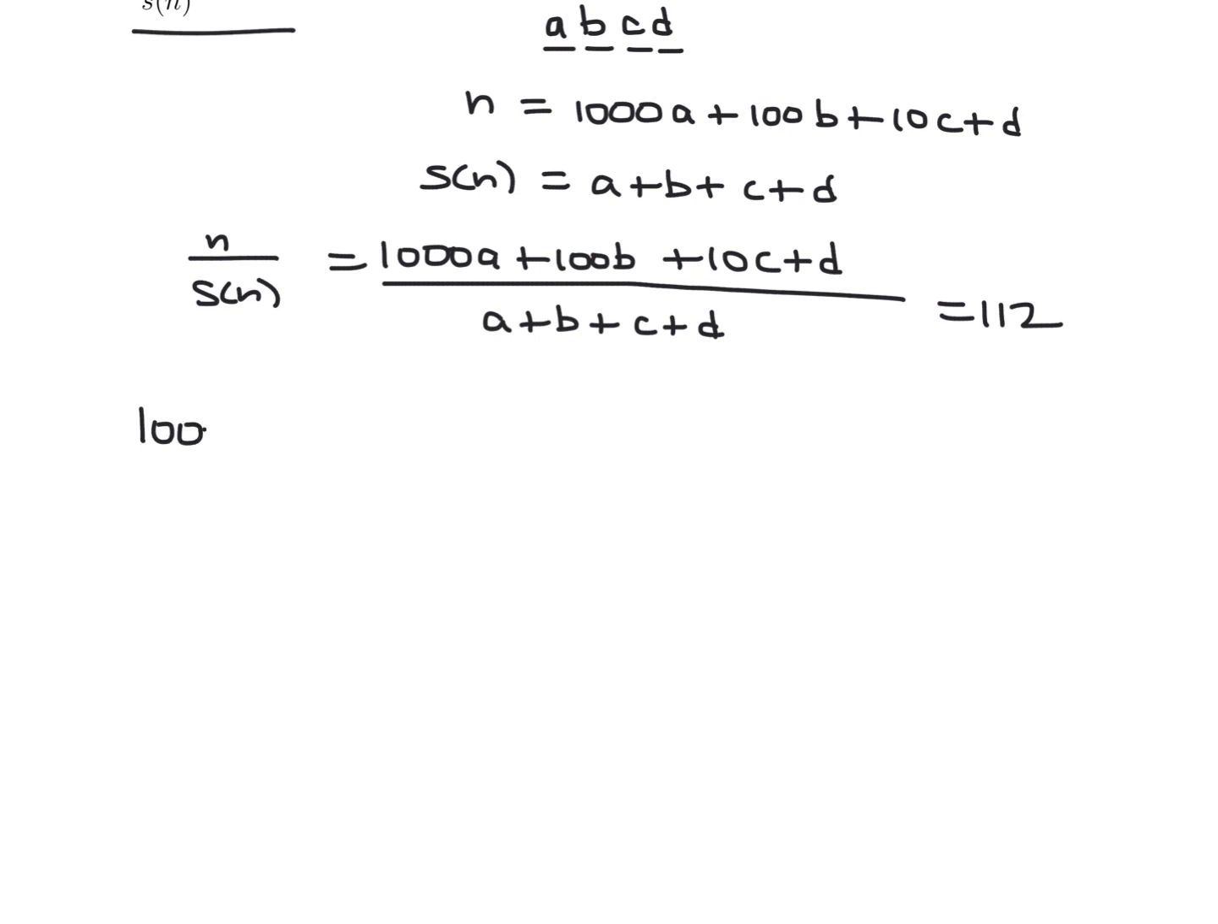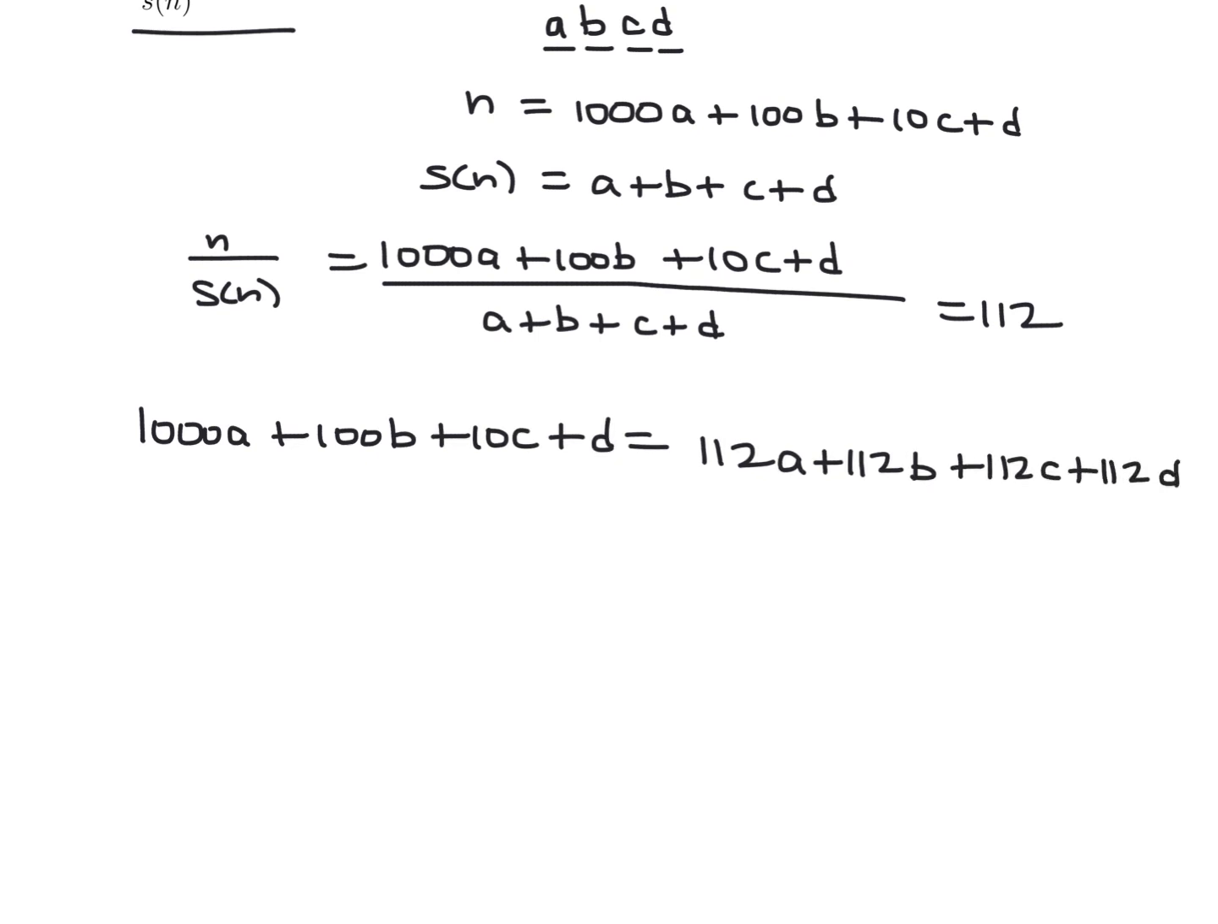So 1000A plus 100B plus 10C plus D, and that's going to be all 112A, 112B, 112C, and 112D. Okay, so now we have to do a little bit of fancy algebra. Not extremely fancy, but we've got to figure out how best to deal with this